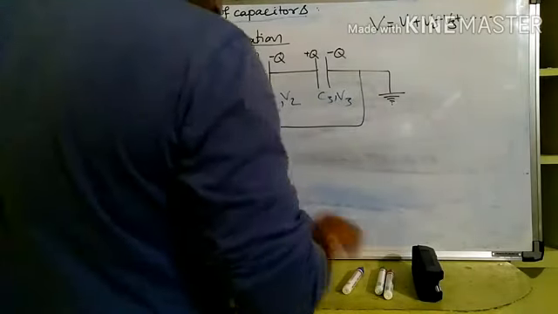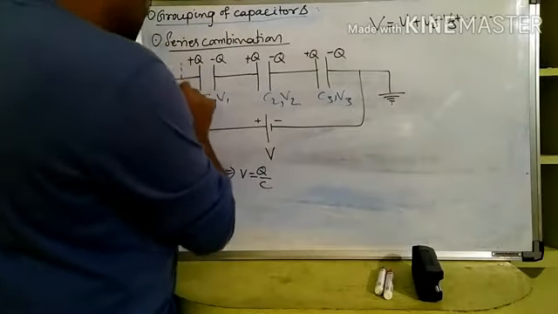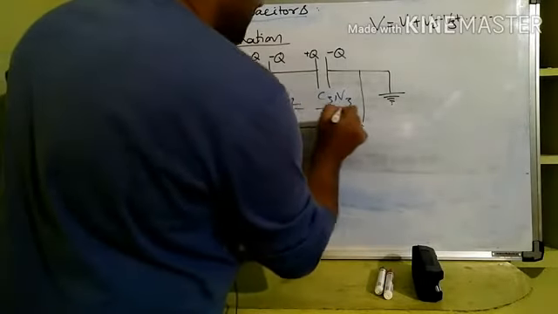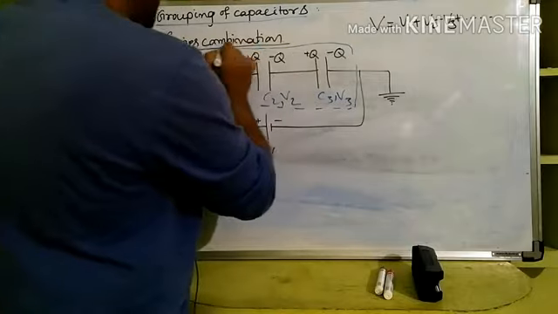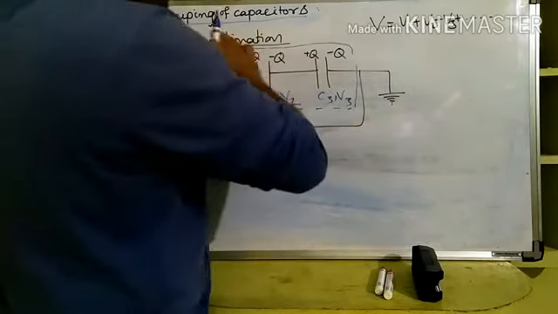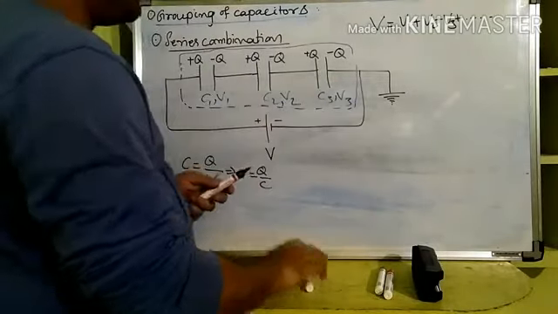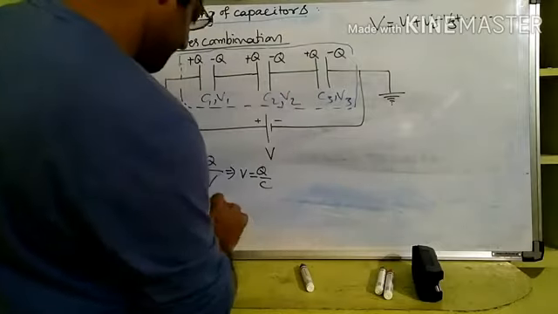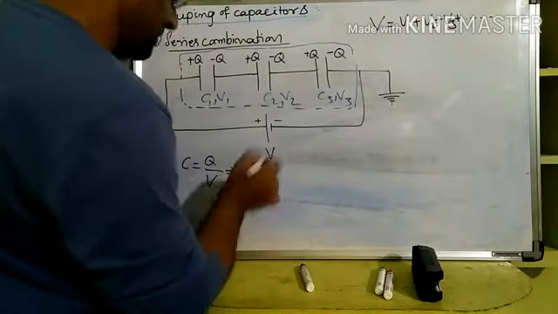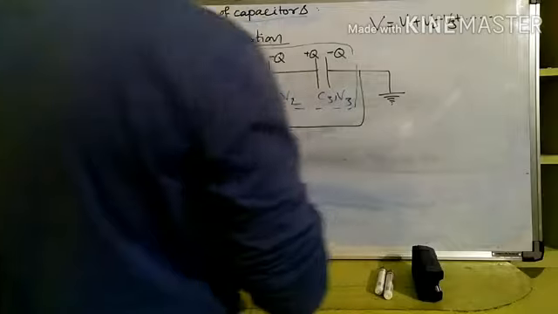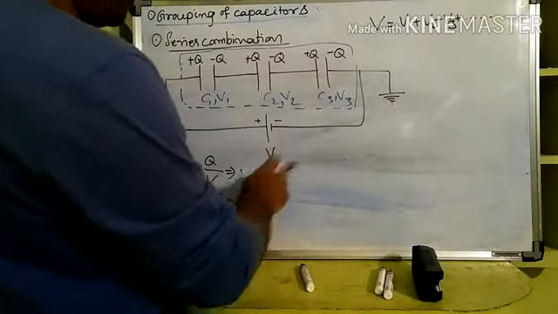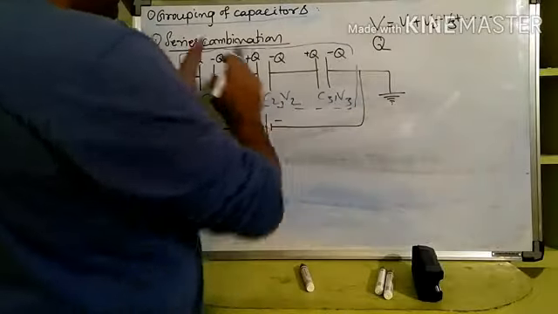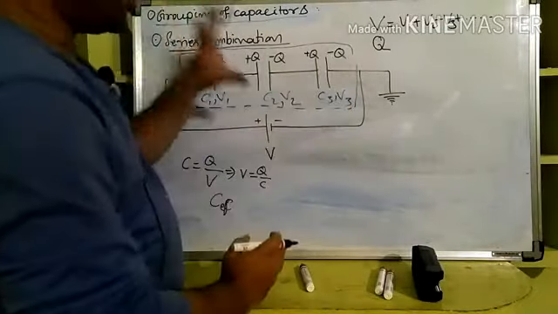Now if all these capacitors together behave like one capacitor only, then what will be the capacitance of that entire system? We will call it effective capacitance. Fine. Then now V is equal to Q by C. For V, what can we write? The total charge given divided by the capacitance of this entire thing considered as one capacitor,